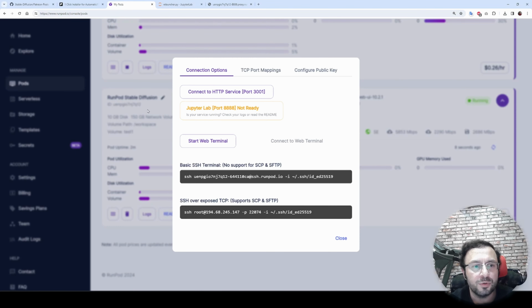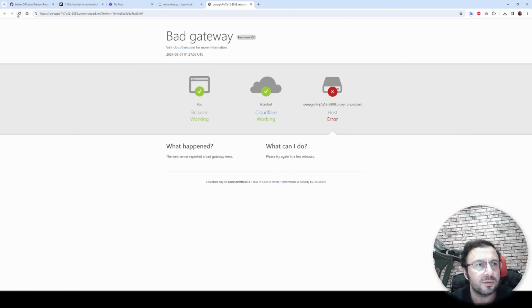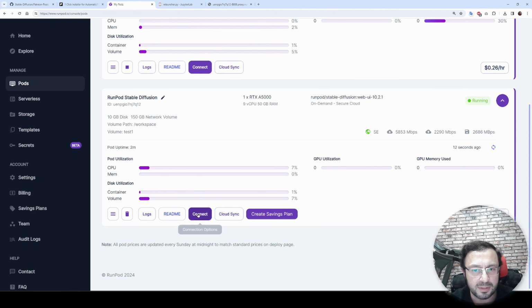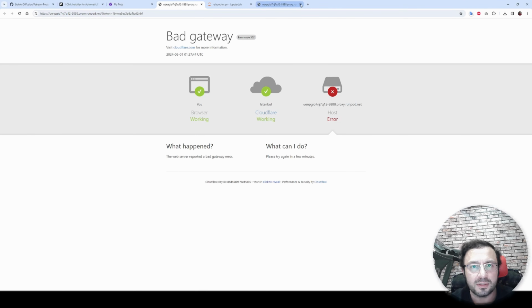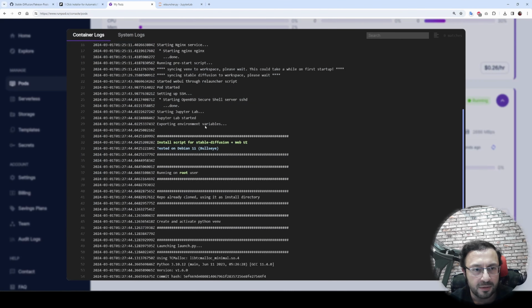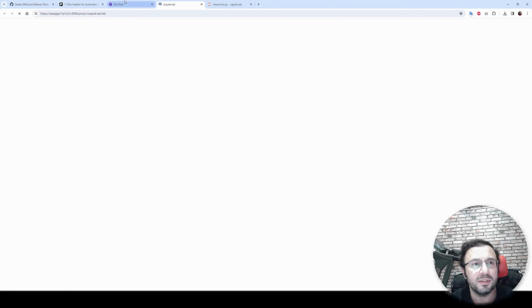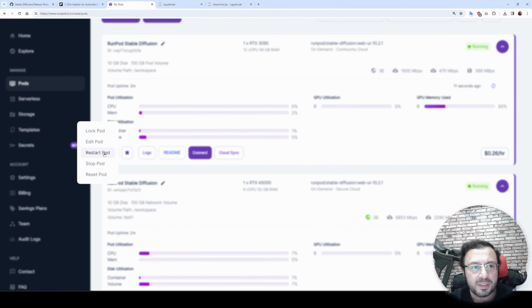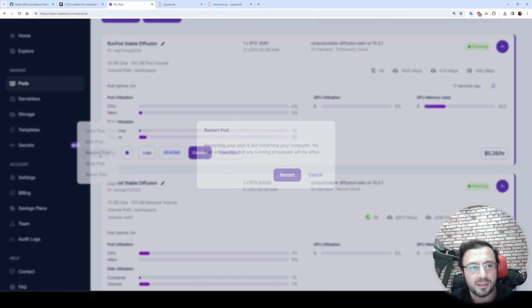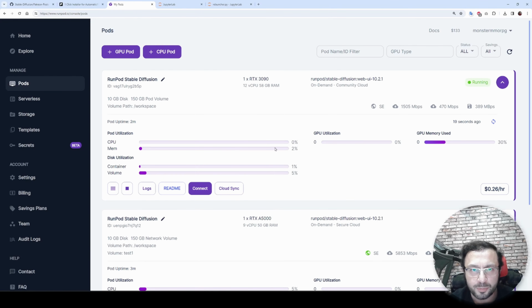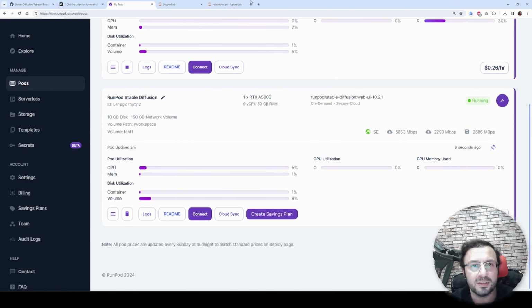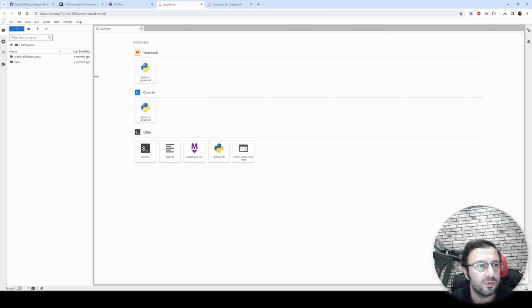After this operation, you need to restart your pod. Let's also do this to the other one as well. Okay, this is still not started. We can see the logs. Let's just wait a little bit more. Okay, it is also starting. Then how are we going to restart? You see in here, just click and restart pod, and it will restart the pod. This is just one time necessary. We will do this on the secure pod as well.